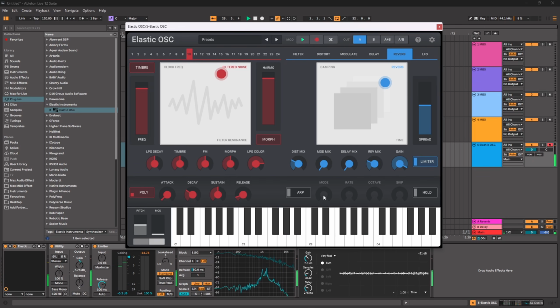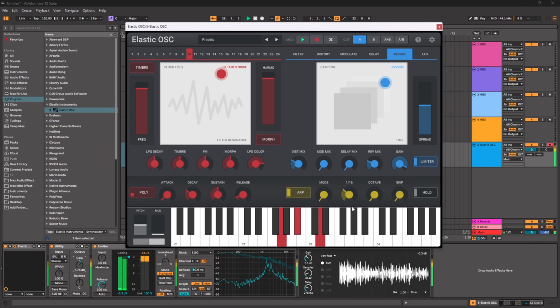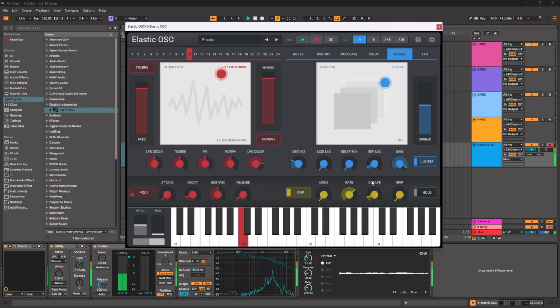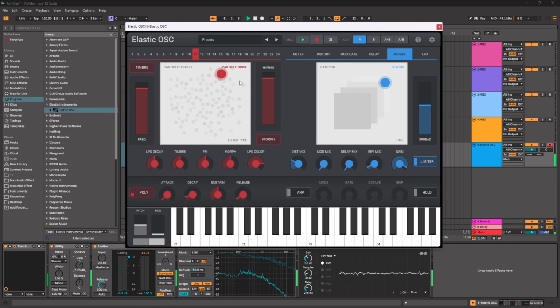Like I said, we also have an arpeggiator, and we can, particle noise. Oh yeah, this is lovely with